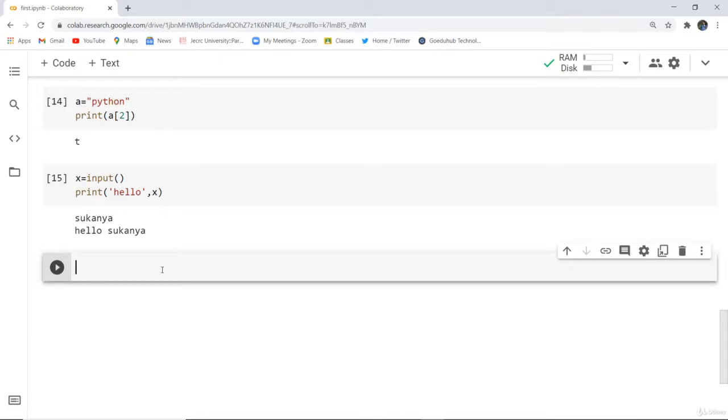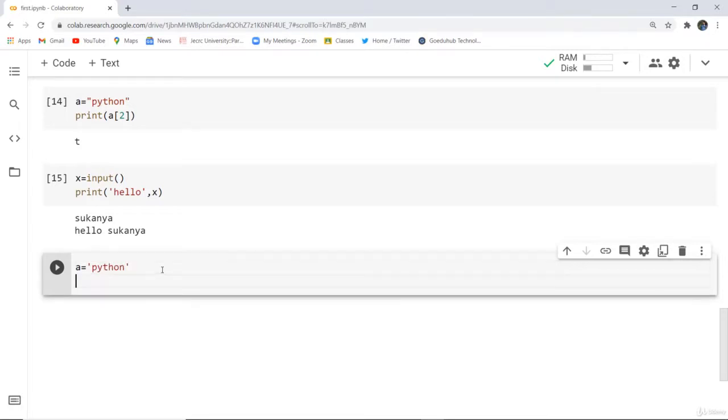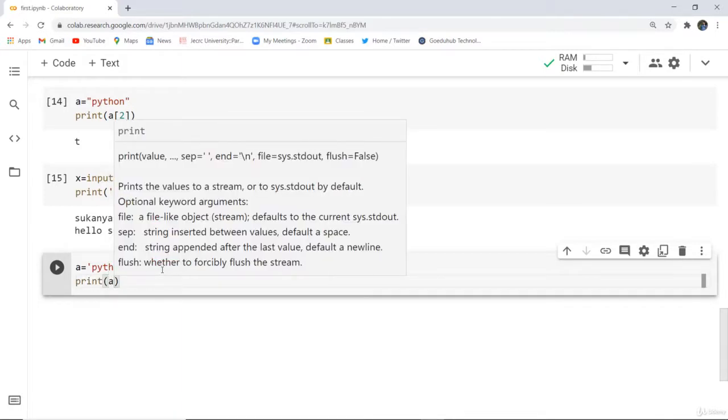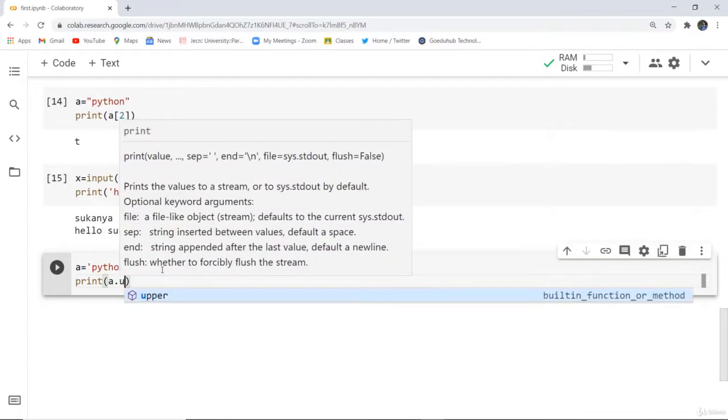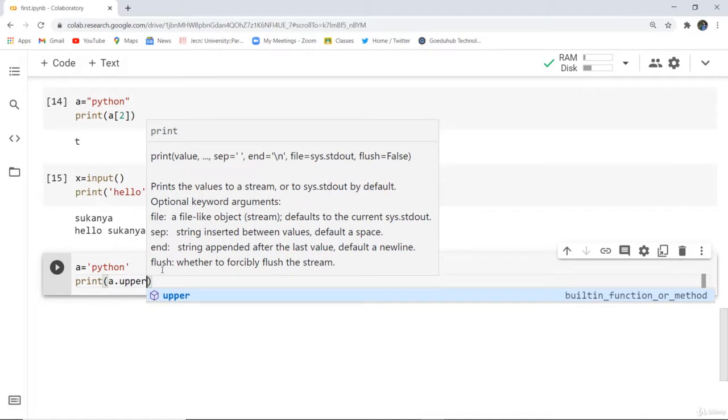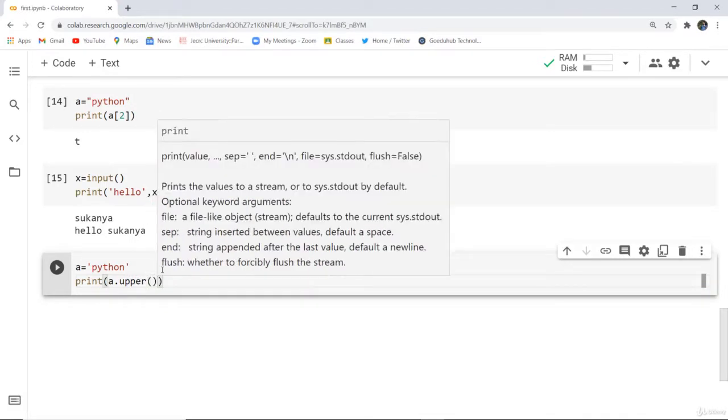Now we have also discussed about several operations. So let us implement those operations also in the string. For example, if the string which we have already given there as Python, so let us give it once more. And now I want to change the case of this particular string. So how can I do that? In the print, I'm going to write a dot, and then I'm going to change the case. So I will write upper. So when I write this particular case, it will print the upper case of the string.